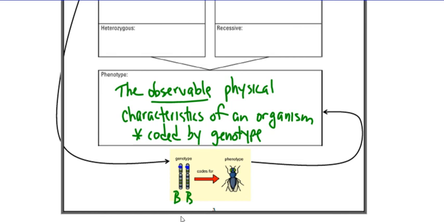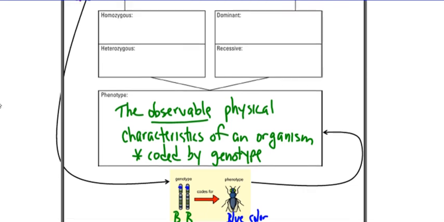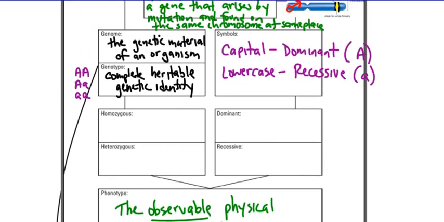Well, let's say two capital B's codes for a blue color. So the genotype is going to be those two allele combinations. And then the phenotype is the physical trait that it is coded for. Coming back up here,